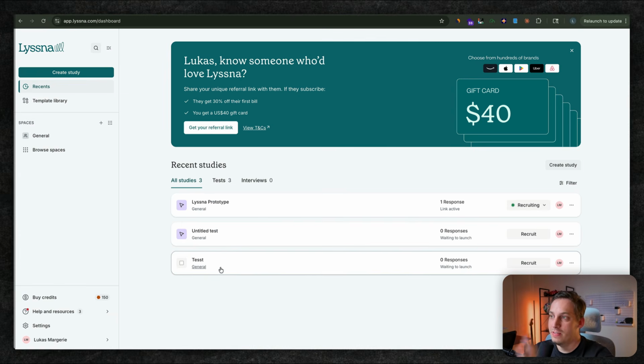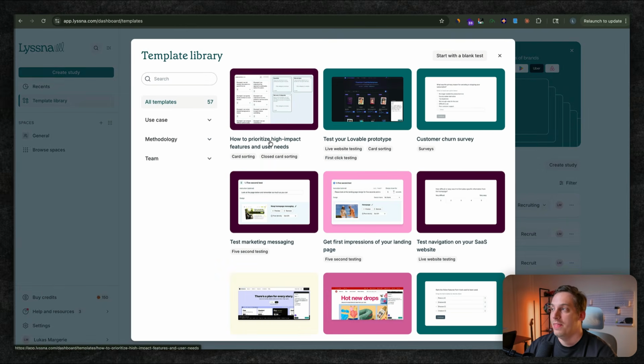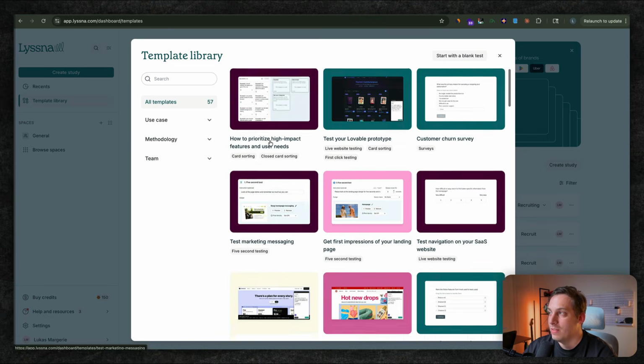And this is where you can see your different tests. So as you can see, I have one active test. And over here on the left side, you can start off with a template. So you can click on template library and they have a bunch of interesting templates. Like one of them is